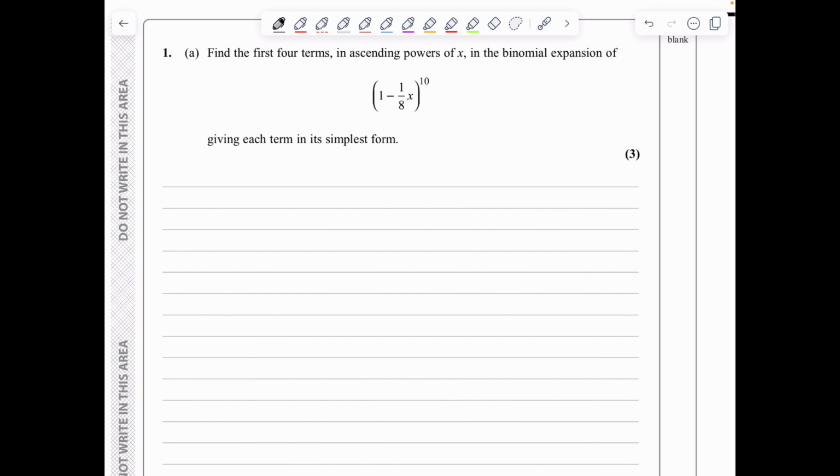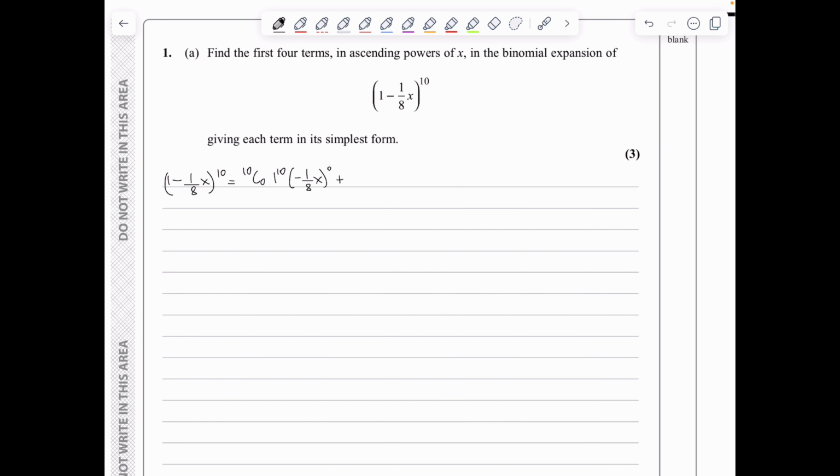In 1a, we need to find the first 4 terms in the expansion of 1 minus 1 over 8x to the power of 10, giving each term in its simplest form. So we need to apply the binomial expansion. We start with 10 choose 0, 1 to the power of 10 minus 1 over 8x to the power of 0. So we start with the full power loaded on the first term and a 0 power on the second